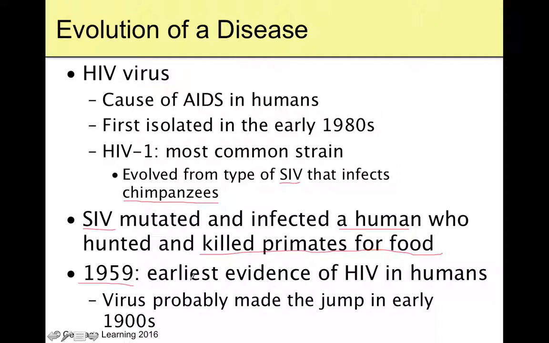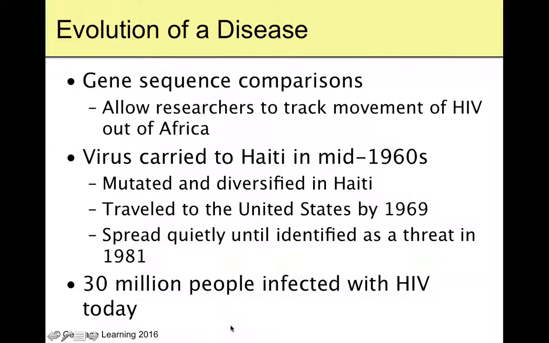And that's really not that long ago. If you think about it, 1960s, I mean, I know you guys are pretty young, but the 60s, it's not that long ago for HIV to be as prevalent as it is today and to have everybody know about it and for it to be such a huge problem. It hasn't been around that long. So we're thinking it probably made that jump in about the 1900s. We became aware of it 60 years later, and now everyone is aware of it. And it's spreading, especially in developing countries, at just crazy, crazy rates.